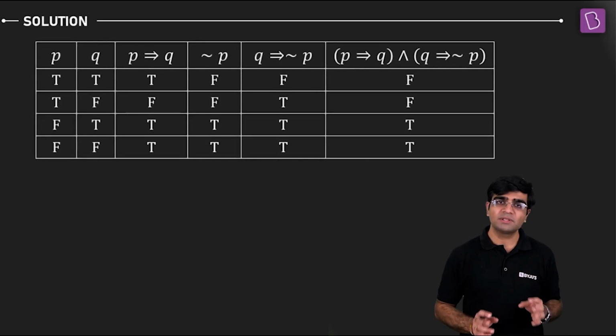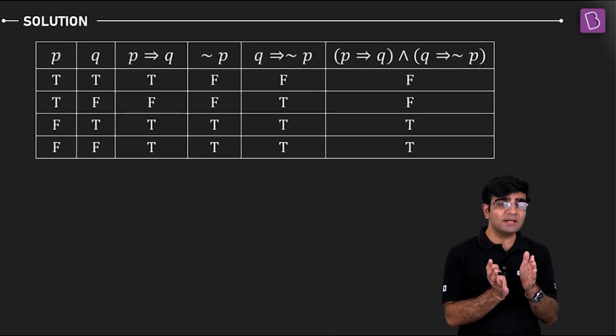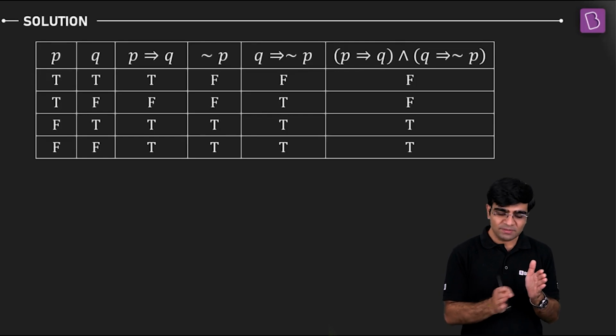So this is what my table looks like. Let me start with P, right? Everyone please start looking from the left side, all right? Please ignore the results on the right.